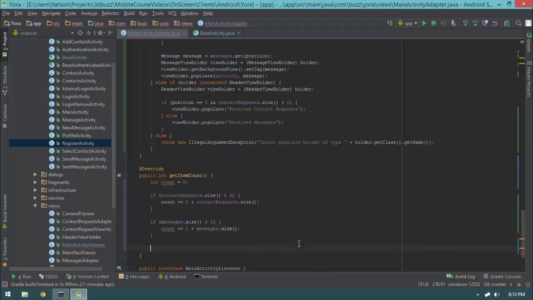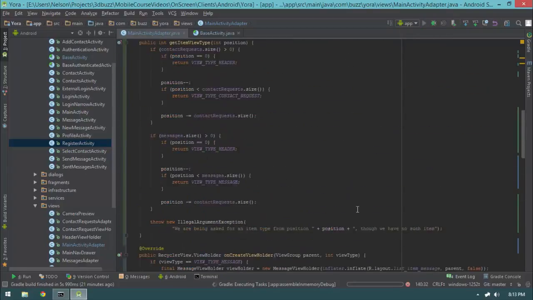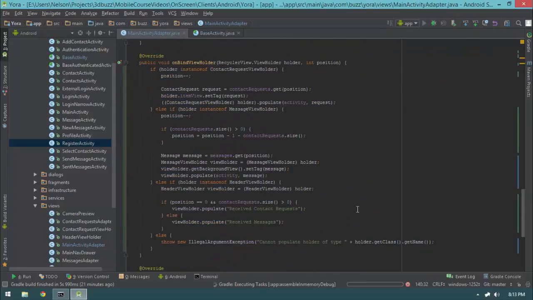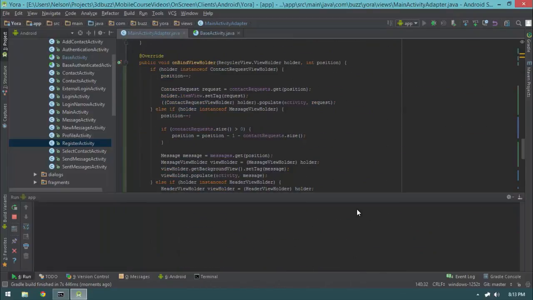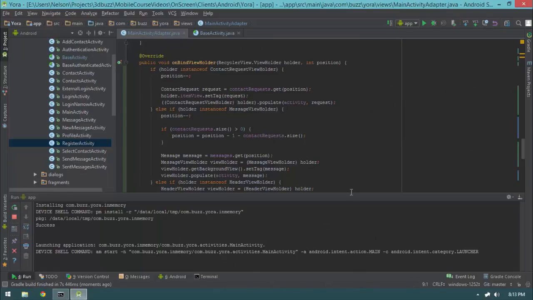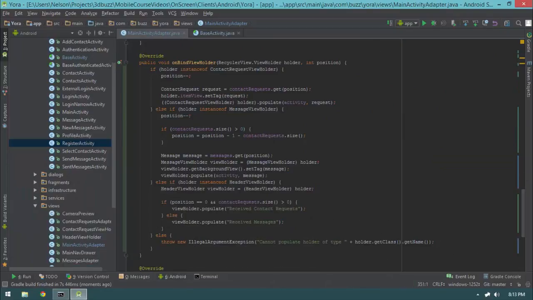Then finally, I'm going to return count. And that's it. That is our main activity adapter. I mean, yeah, it is a little scary because you really have to think in terms of these weird things, because the position, the items, it's all just different. But once you get your head around it, you can write this kind of code fairly effectively, or you could just use a library that makes working with this stuff a whole lot easier, or write your own. I would recommend that as a really excellent